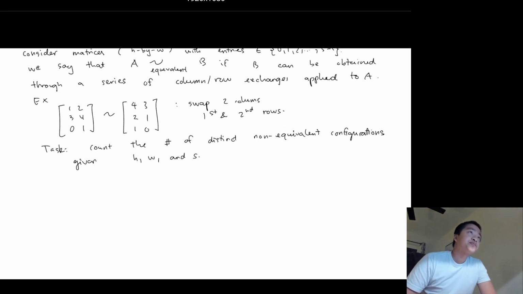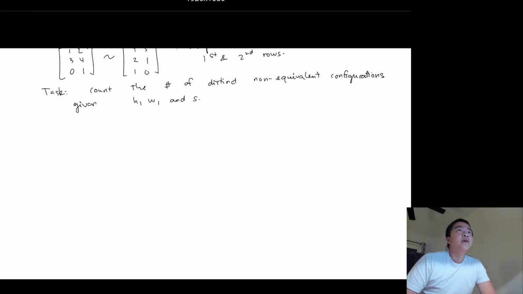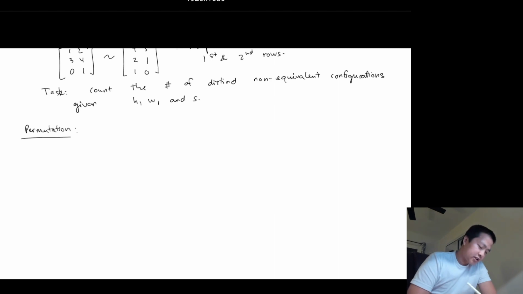Okay, so first let me talk about the notion of permutation. Okay, so a permutation is, intuitively, just a rearrangement